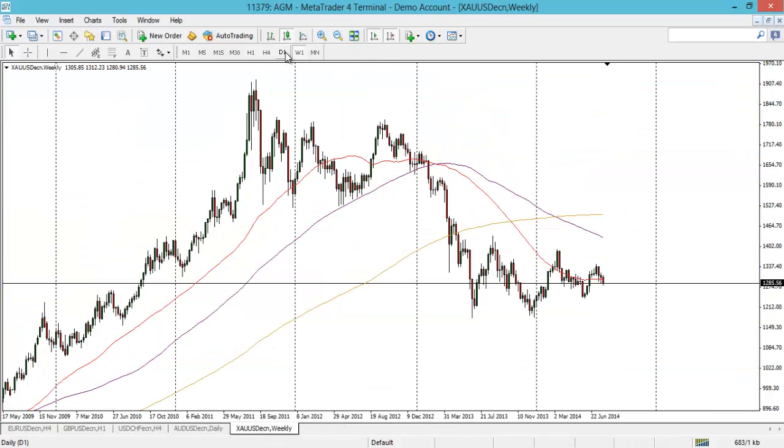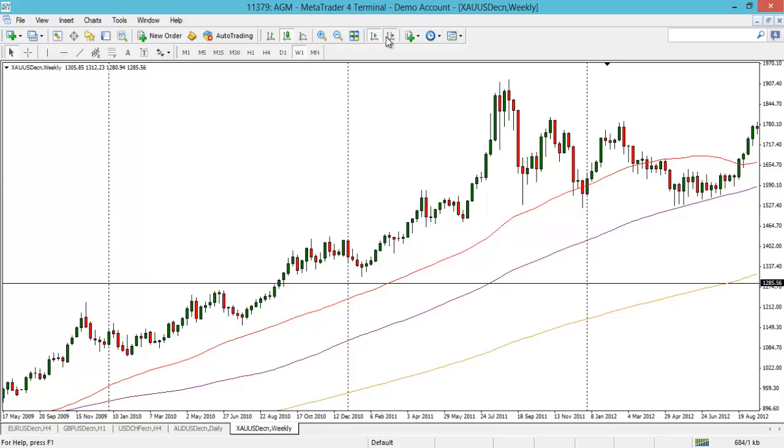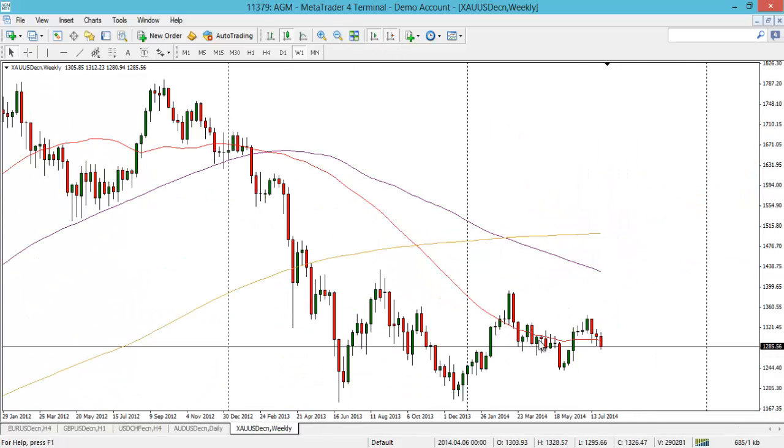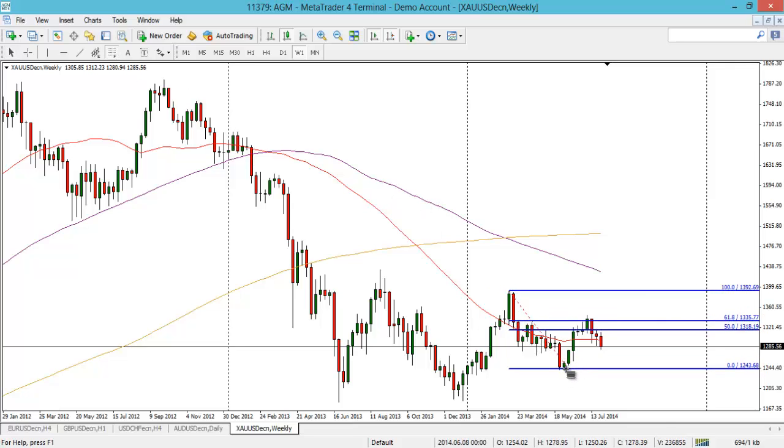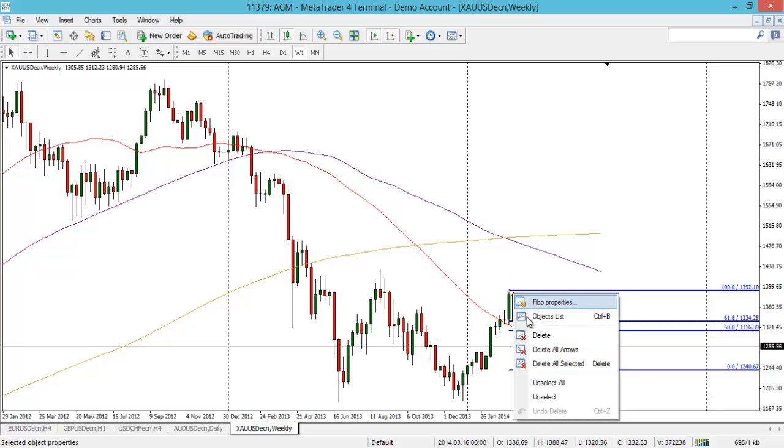Let's have a look at gold, what's going on with gold. So in terms of this weekly chart, we have the 50-week moving average now. It's currently below, and it's pretty much slicing through this price action. You can see the last couple of weeks though, we did hold above this 50-week moving average, but it is looking quite heavy this week, gold. In terms of the fibs, I think we had this fib move. Actually, no, it wasn't quite that fib move. I think that's purely off a level, wasn't it?